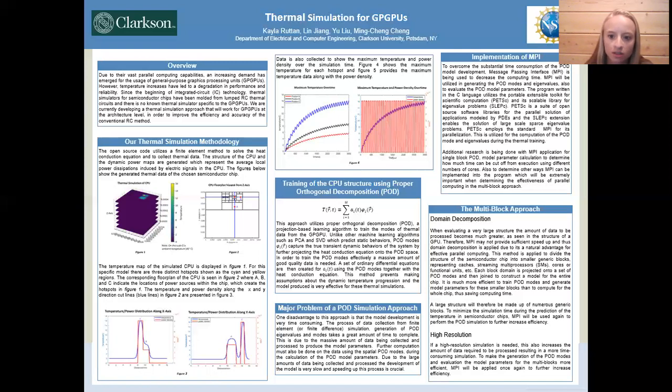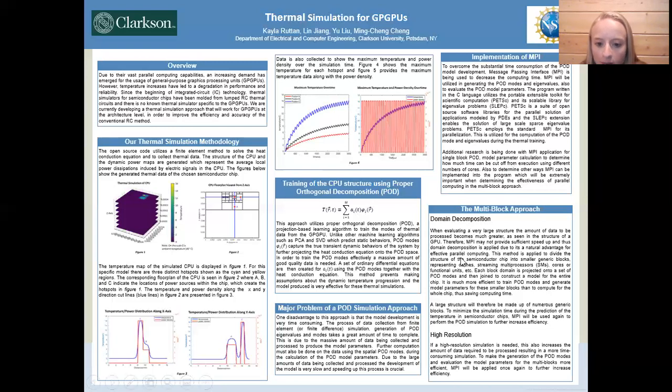Additional research is being done with MPI application for single block POD model parameter calculation to determine how much time can be cut off from execution using different numbers of cores. Also to determine other ways MPI can be implemented in the program, which will be extremely important when determining the effectiveness of parallel computing in the multi-block approach. The multi-block approach